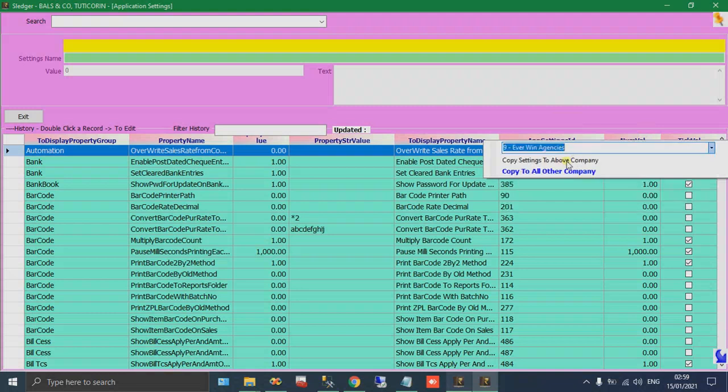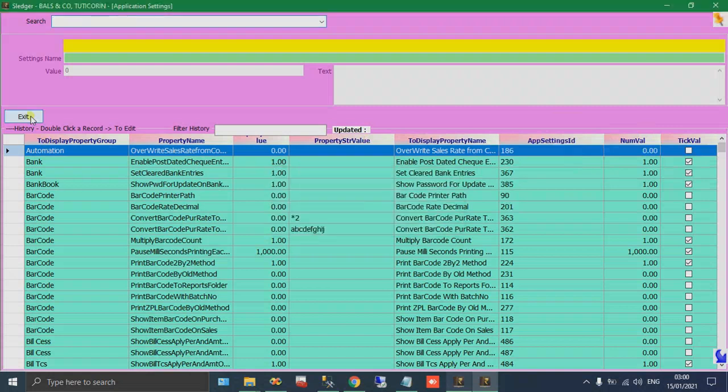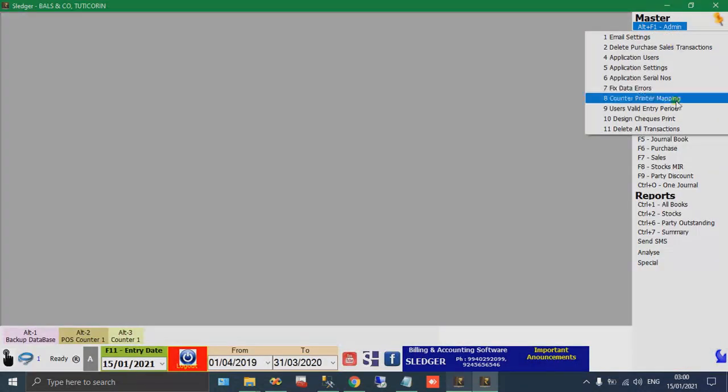Like that, I'm going to copy the printer setting, counter printer mapping also. Just click the eighth option and in the right side to the cancel button, there is an empty space here.